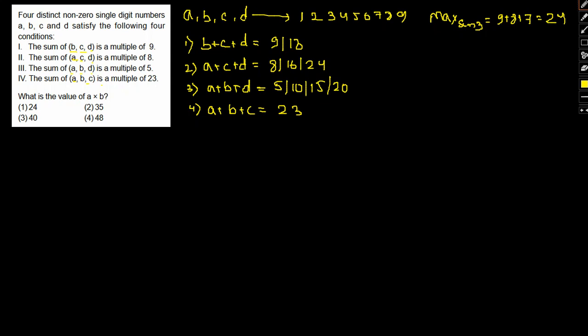Okay, now let's try and understand this one. For a plus b plus c to be 23, the three digits in this regard, the closest would be 8 plus 8 plus 8. Suppose if I take 8, 8, 8, so we have 24. So let me increase this, plus 1, 9, 8, 8, 24.